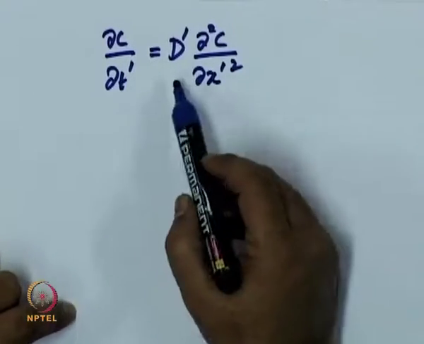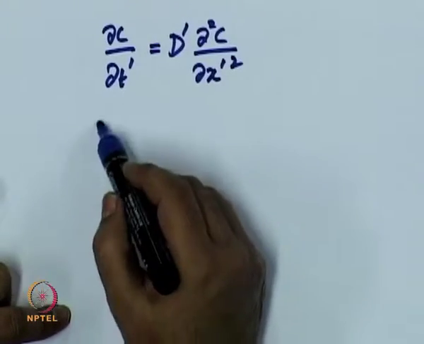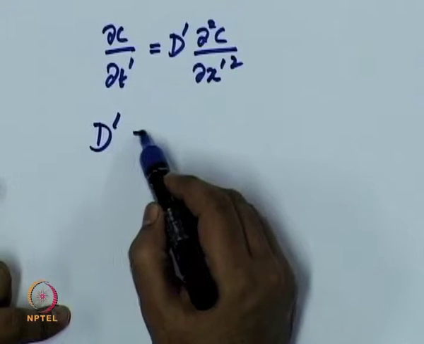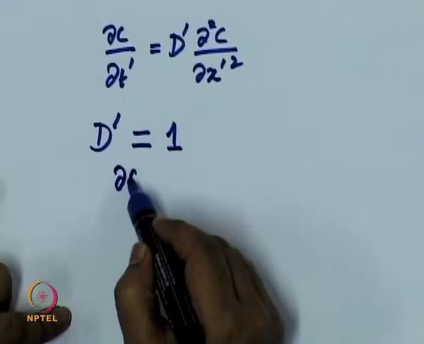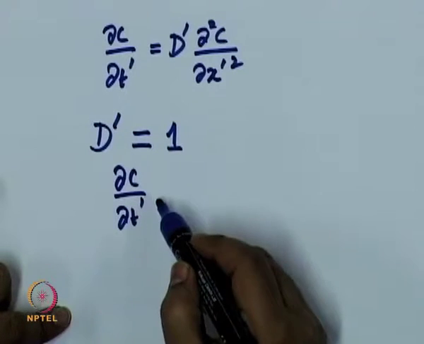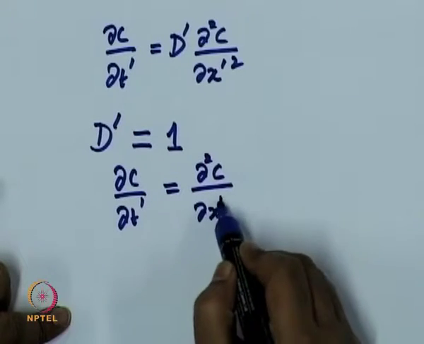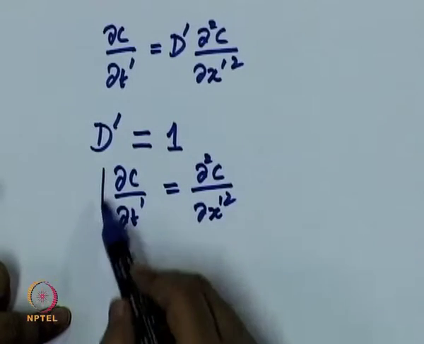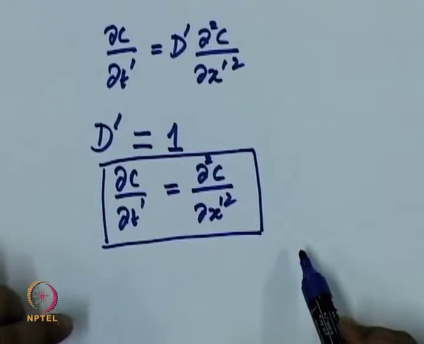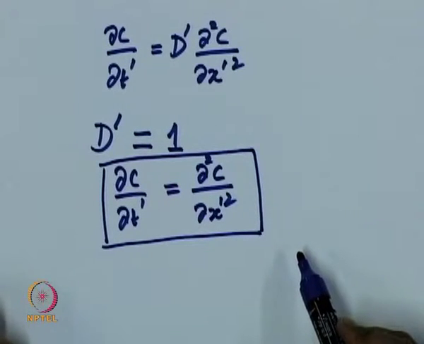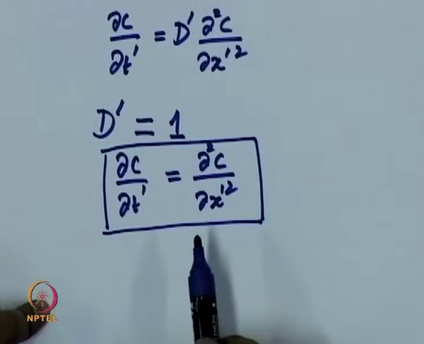Okay. Typically, people choose sometimes the non-dimensional diffusivity to be equal to unity. So, sometimes the diffusion equation will be written without diffusivity as del squared c by del x prime squared. Okay. And as you will see later when we solve the phase field equations, typically we do this non-dimensionalization. So, all the parameters that go into the model become 1.